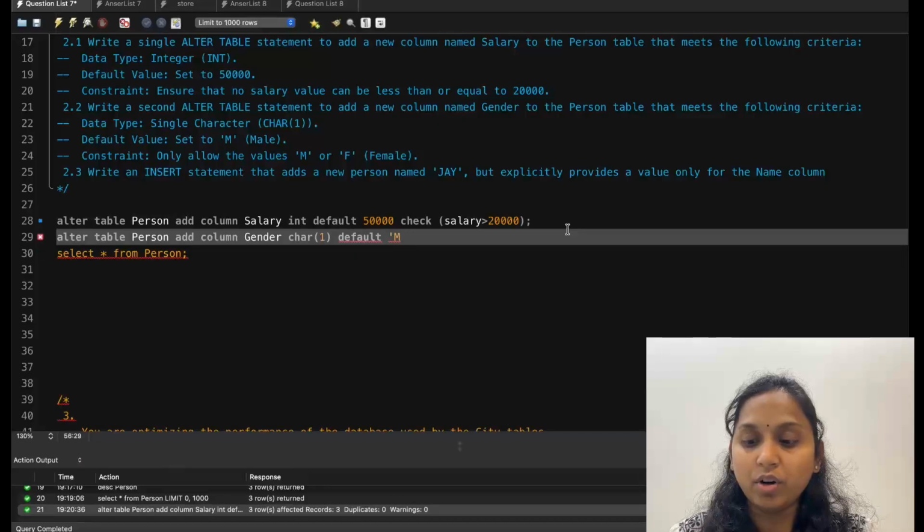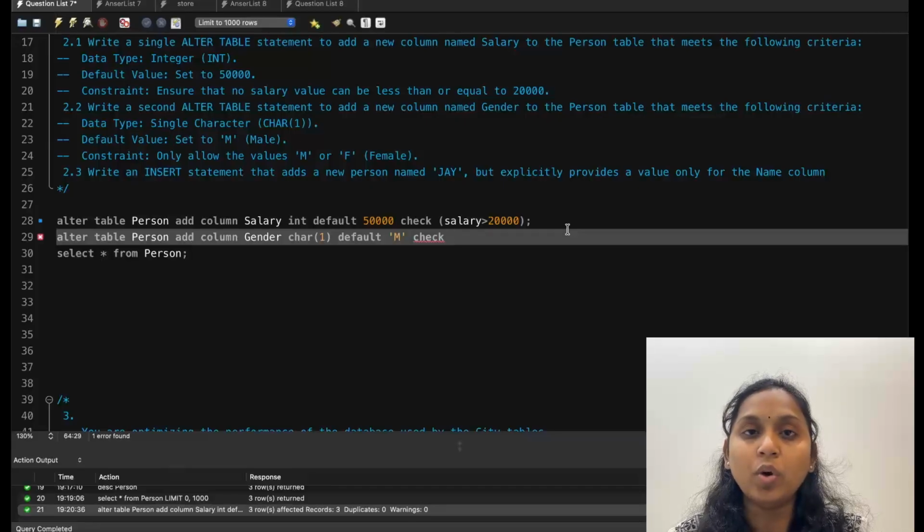Okay, now what more you have to do is provide a check constraint. The check constraint sees that the value is from M or F. Nothing else you have to allow other than M or F. How can you do this thing? You know the in operator. We have seen the in operator. The in operator will give you the result true if it belongs to the given set. If it does not belong to the given set, what do you get? You will not get a true result.